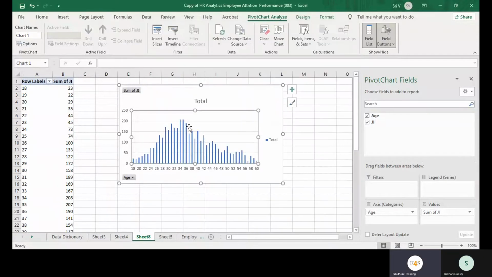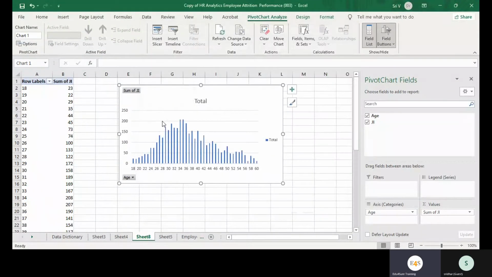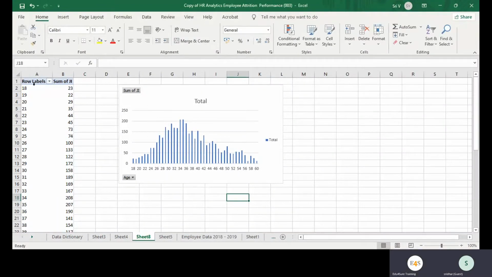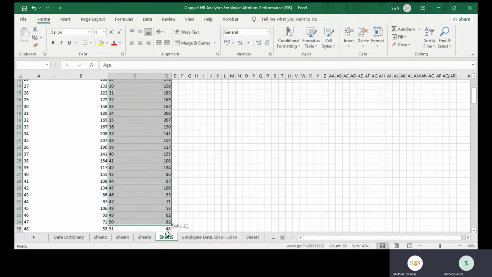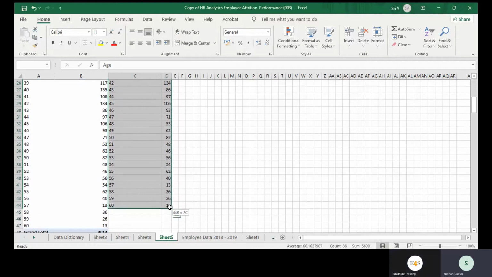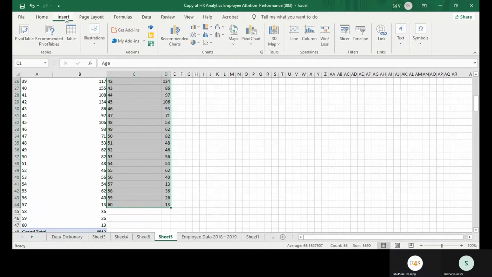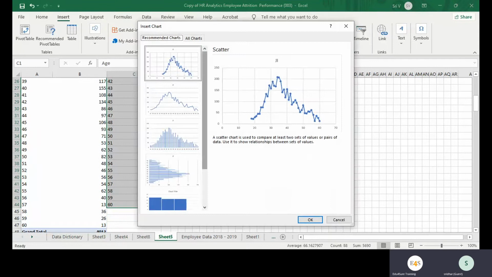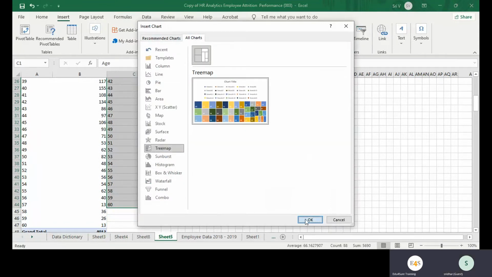Click on tree map. See, you are creating this inside a pivot table. I told you to bring the data out. No, this is not the pivot table. I brought it. This is not a pivot, right? So I go here, I select, now go to Insert, Recommended Charts, and select All Charts. Now select tree map and say okay.